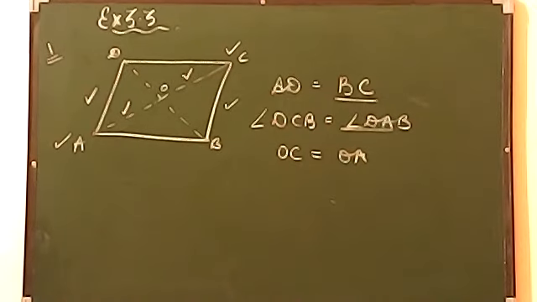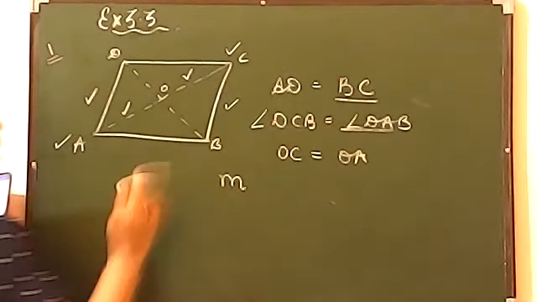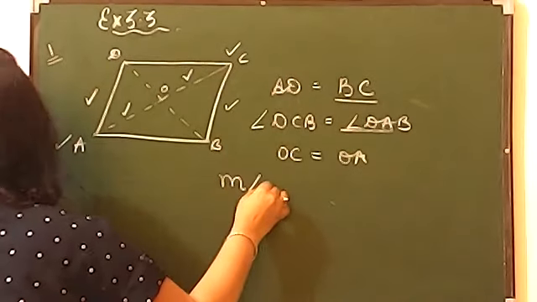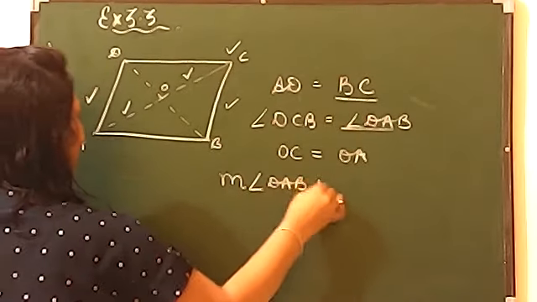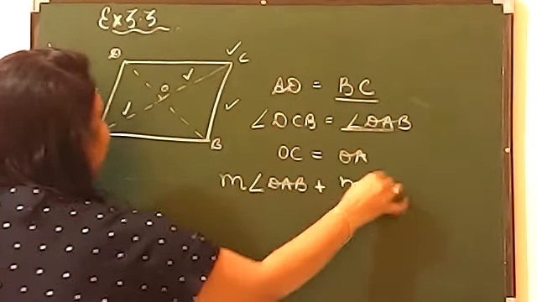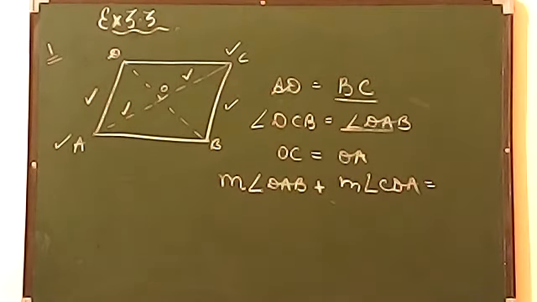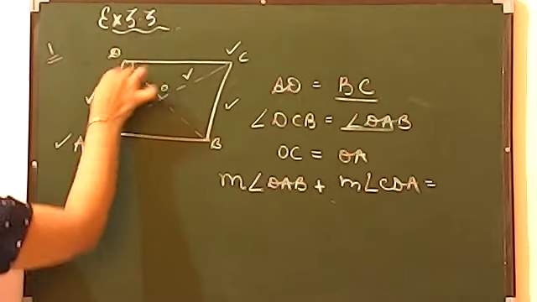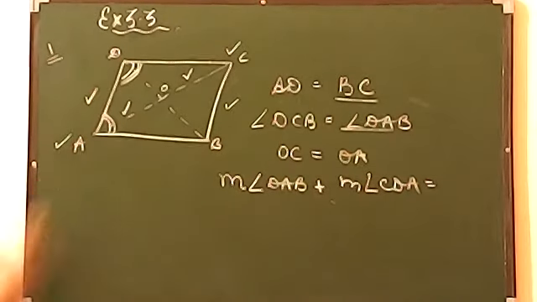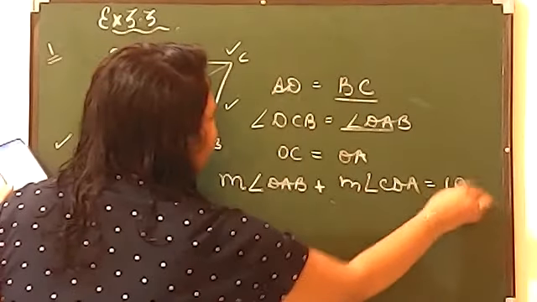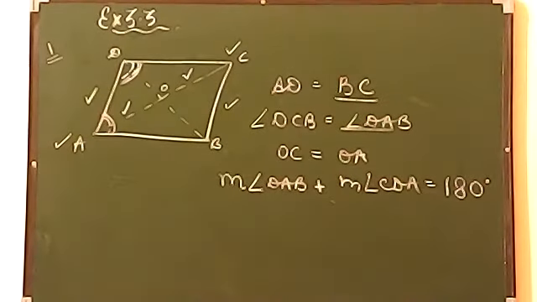अब आया last part. Last part में क्या बोल रहा है? M का मतलब होता है measure of. Now measure of angle DAB plus measure of angle CDA will be equal to. Tell me. Yes. See this? It is talking about these two angles. Now you are knowing, just now we have studied, they are called co-interior angles when you have parallel lines. और यहाँ पर क्या है? ये adjacent angle है. So remember this property says adjacent angles are always supplementary. Okay, adjacent angles are supplementary.